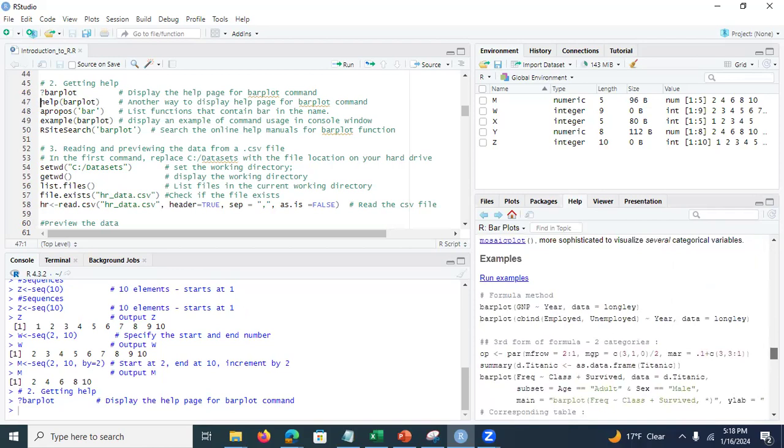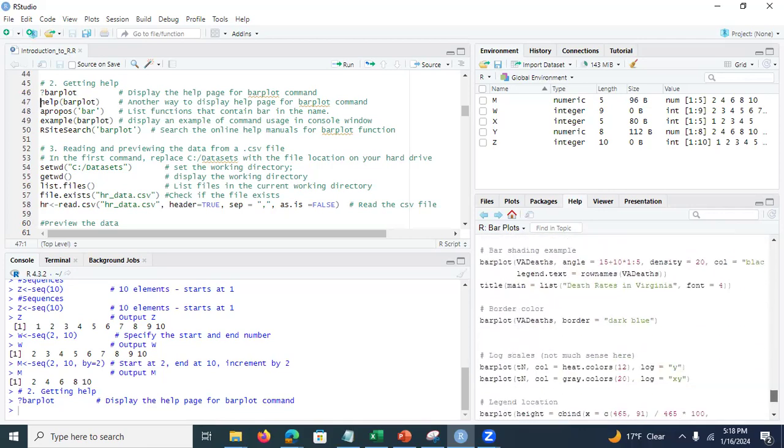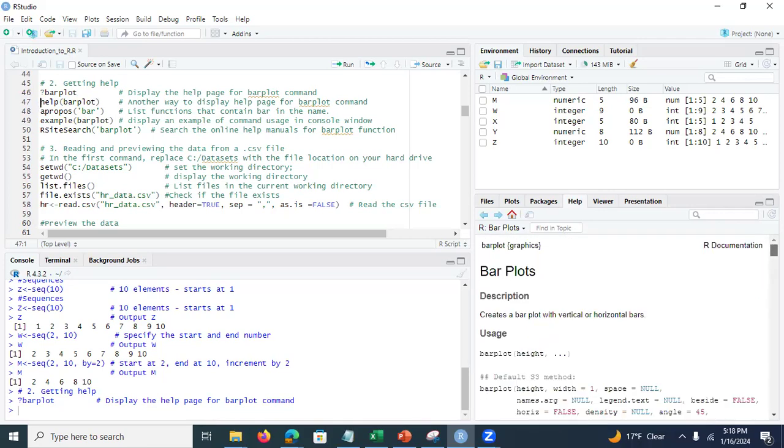These examples are for a pre-installed data set, and you can actually run those and play with those examples here, right? And here it shows you in what package this is defined. The barplot command is defined in the graphics package, right? So that's excellent documentation. You can also display this page just by typing help and the command name in